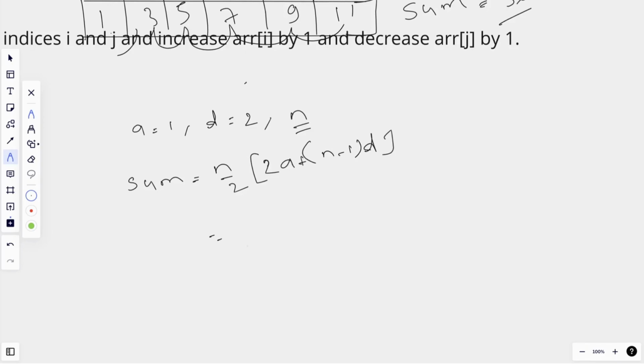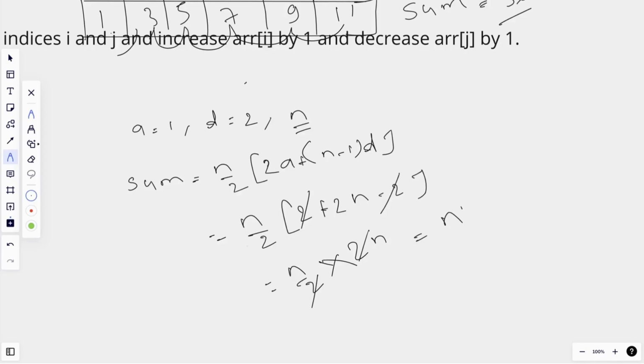Our sum will come like n by 2 into 2 plus n minus 1 into 2. So this will be 2n minus 2 plus 2, so the 2s will cancel and then n by 2 into 2n. So our total sum will come out as n square.